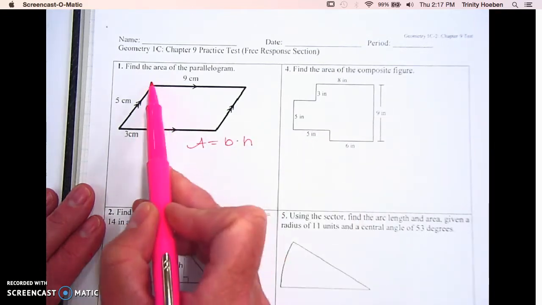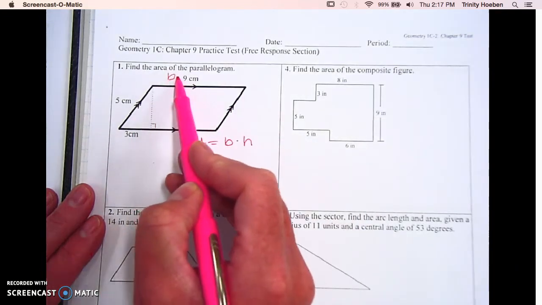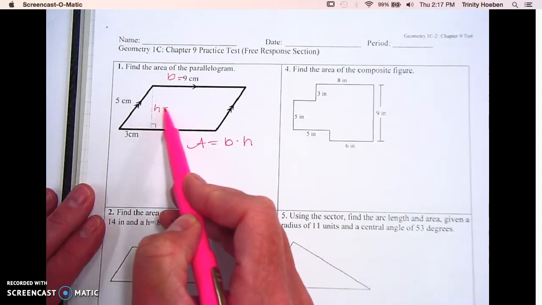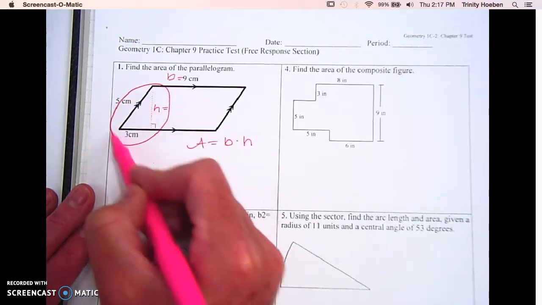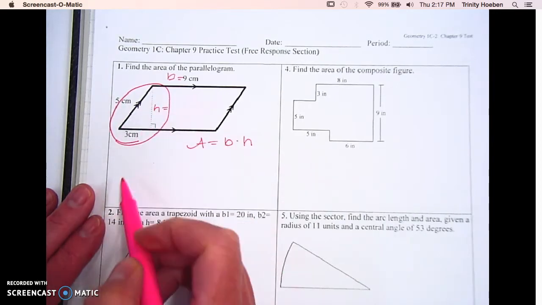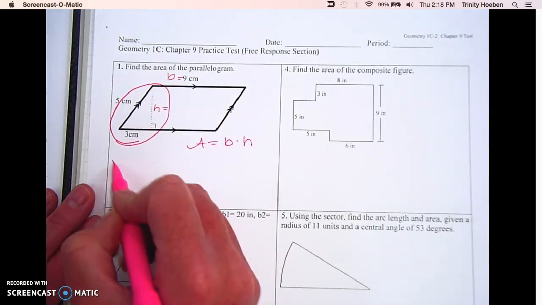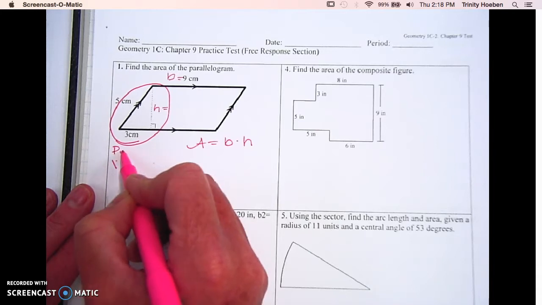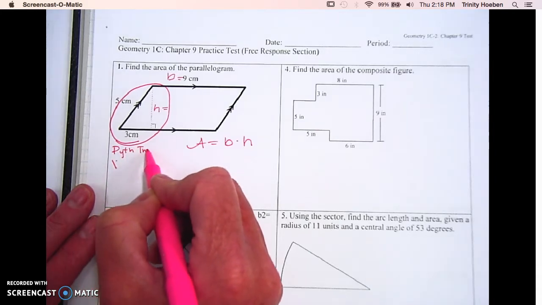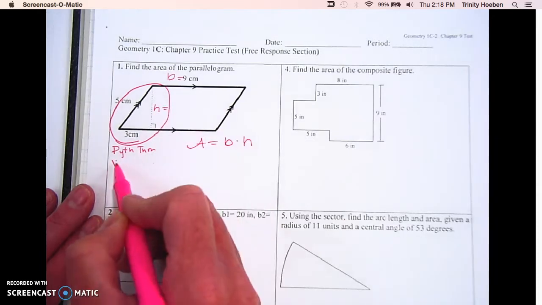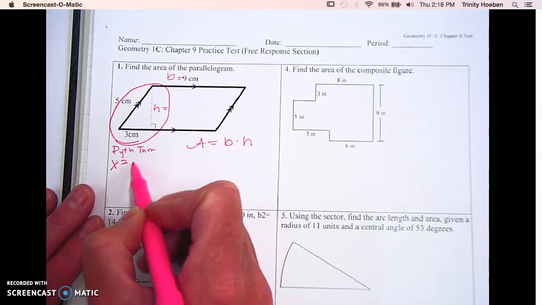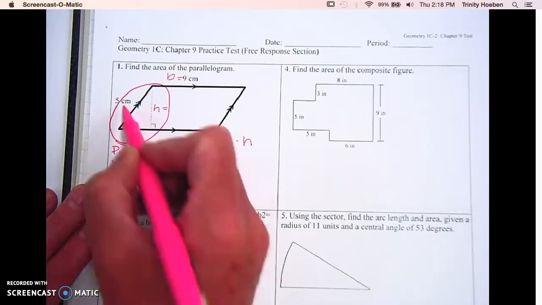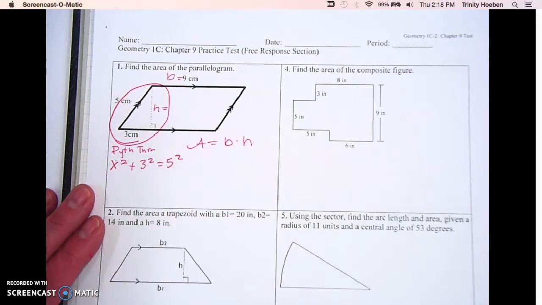Right here they give you a base of 9, but the height, there's nothing there. So we have to get the height by breaking off this right triangle and figuring out what this leg is right here. So we're going to use the Pythagorean Theorem, and we're going to plug in x for the missing leg. So we're going to say x squared plus this leg squared, set it equal to the hypotenuse squared, and solve